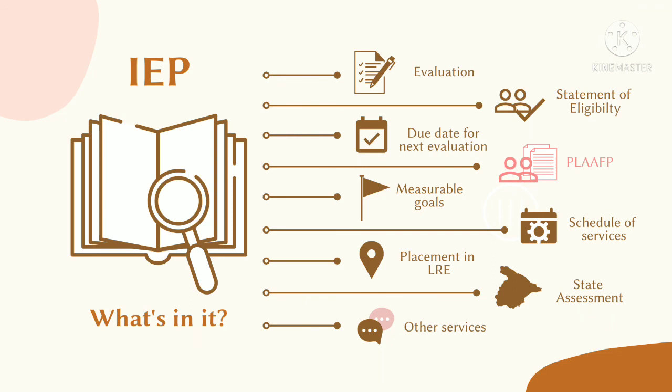We have here the PLAF, which is what we are going to talk more about later on. And this PLAF is really important. It's so important that the present level is evident because this is what drives the goals, the scheduling of services,